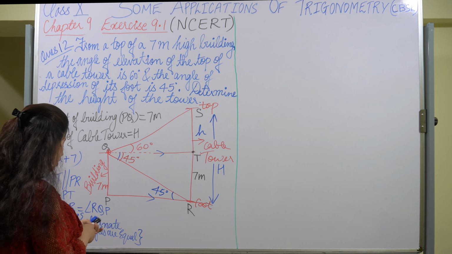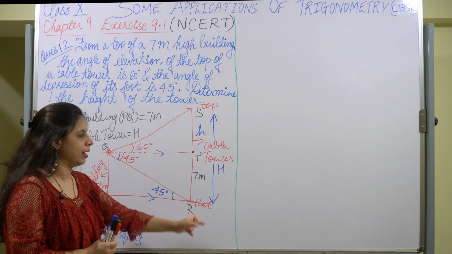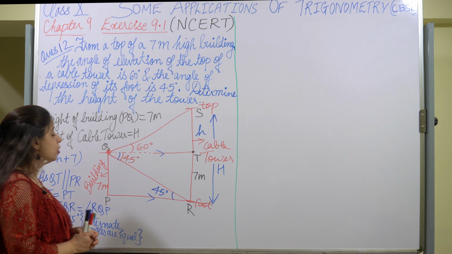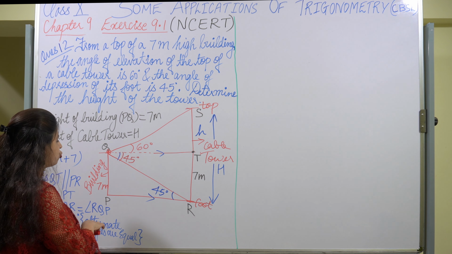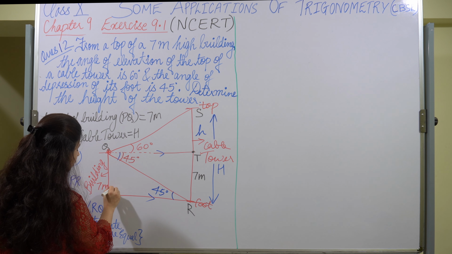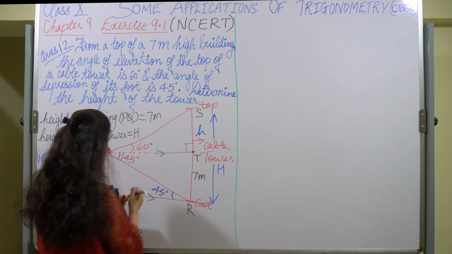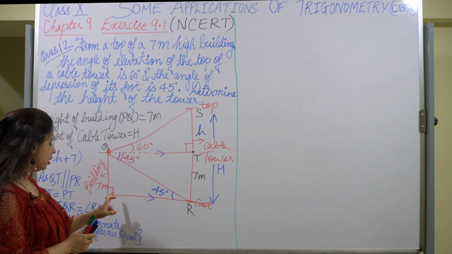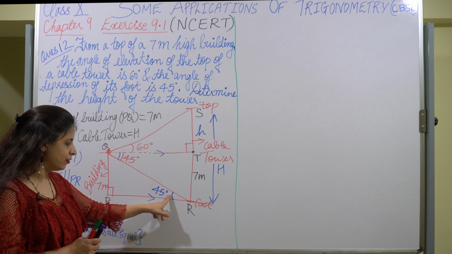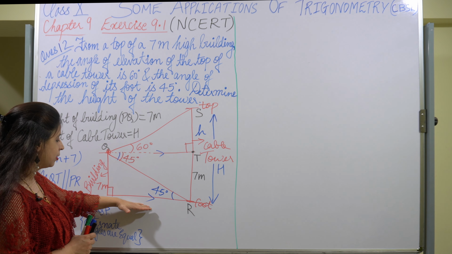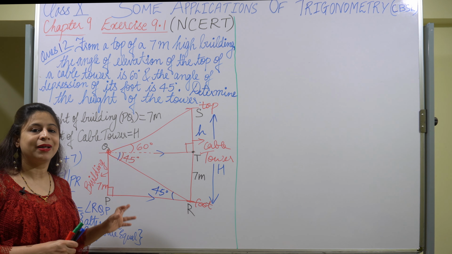Now we can easily find out this height first, then we can add this height to 7, and we can find out the height of the cable tower. Okay, so let us take two triangles. We will be applying all the trigonometric concepts. Taking triangle QPR, here it is 90 degrees forming, and we will also take the triangle STQ. In triangle QPR, the 90 degrees is formed, so QR will be the hypotenuse, and since we are taking the angle 45 degrees over here, this will be the base because this is the adjacent side, and the opposite side will be QP, which will be the perpendicular.